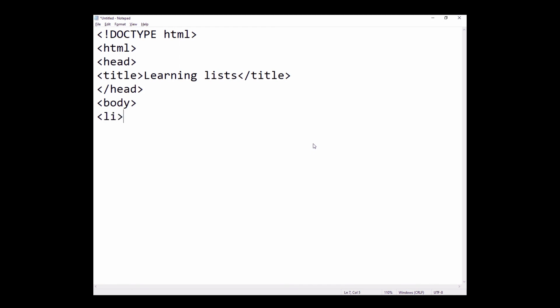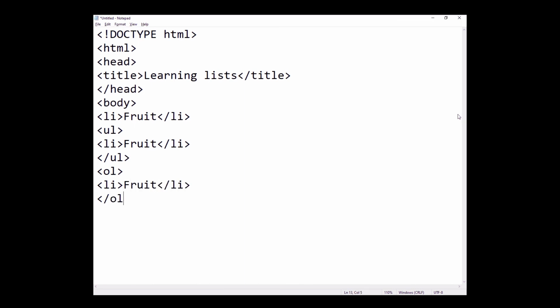Give here one li named fruit, close it up, then open a UL, then li the same word fruit, close it up, then close the UL, then OL. Once again I give it here as fruit, close the li, close the OL, then open a DL, then DT